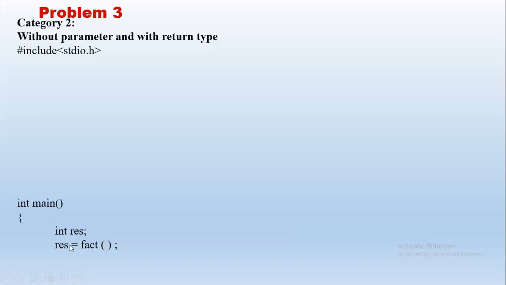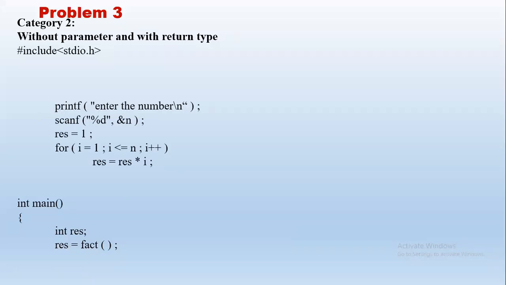Now immediately after this step, the control will go to the prototype. Okay, so here we have the same function, but the difference is instead of void we have int. Why is that? Because this is going to have a return type. It is going to return an integer. If there is some function like area, then you can give float area, so that answer is going to be float. So the return type depends on the data type of our answer. Here it is an integer, so we give int fact. And similarly here also we have to declare int. The data type has to match.